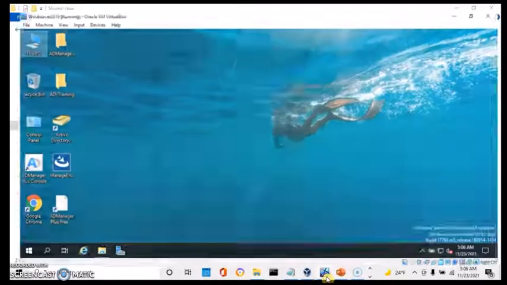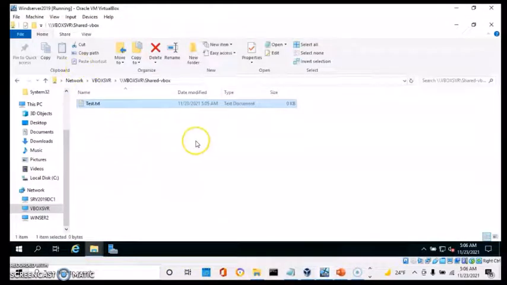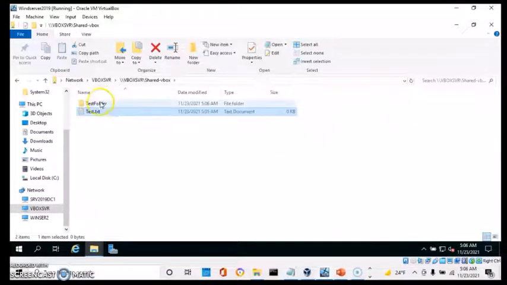Let's go to the virtual appliance. Come to VBox here, and refresh. There you go. Wow. So now you see you create on the host machine and you can read it on your VirtualBox, on your virtual machine, and you create something from your virtual machine and you also can read it on your host machine without any transfer of files. So our tutorial